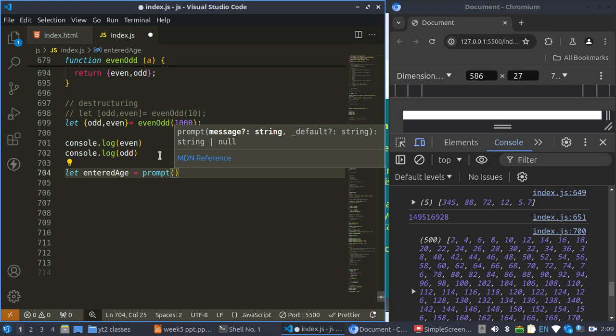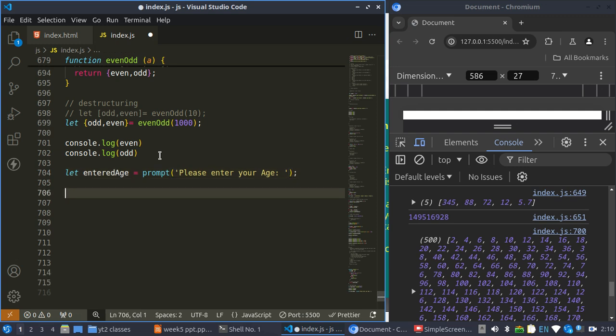Prompt: Please enter your age. Then I'll now use let's confirm age be equal to confirm